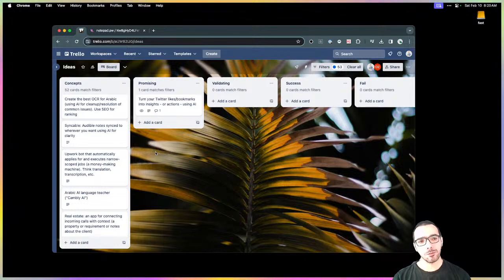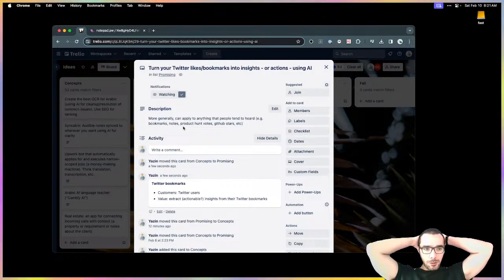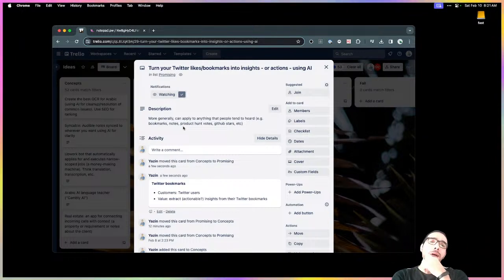I don't know if there's a way to validate. I guess the big question here is, would you be able to? This is for Twitter, obviously, but this could apply to other things like GitHub, maybe Product Hunt. More generally, the ability to take any stash, and essentially the value in having a stash is that you've curated it yourself.